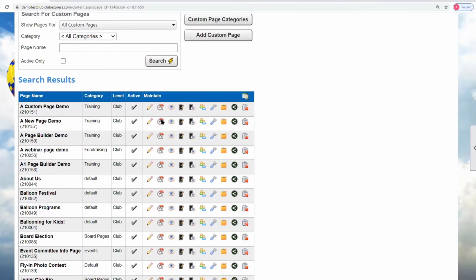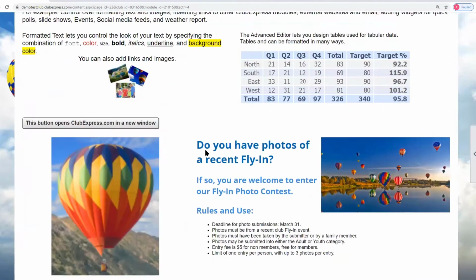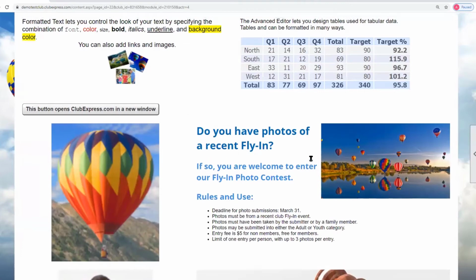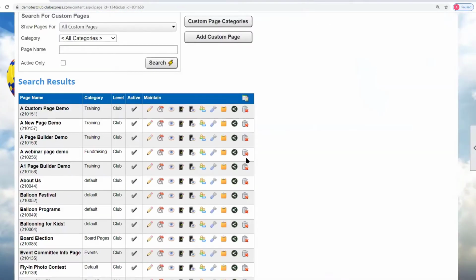So if I were to look at this page builder demo, if I click on this, this shows me what it looks like. This is a page that demonstrates a whole lot of things. So there's a formatted text here, there's advanced text here, et cetera, et cetera. So you see these things are side by side. But if I went back and looked at that page in the previewer as a mobile version,